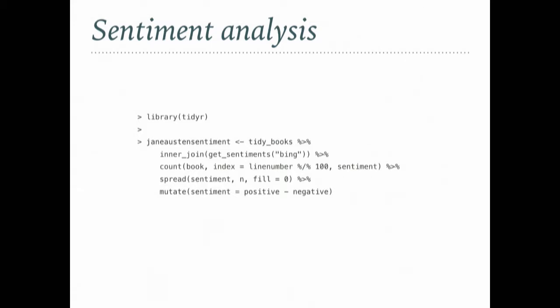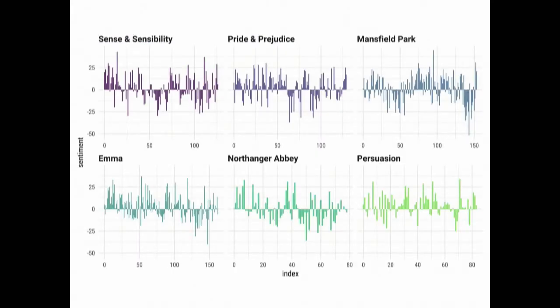So let's do that here, back with our Jane Austen data. We do the sentiment analysis in that first line, and then a few more lines, and we can get to a result like this. So here we can see the narrative arcs of Jane Austen's 6 novels. We see how positive and how negative Jane Austen's novels are as we go through the books.